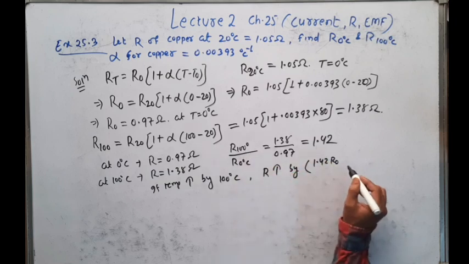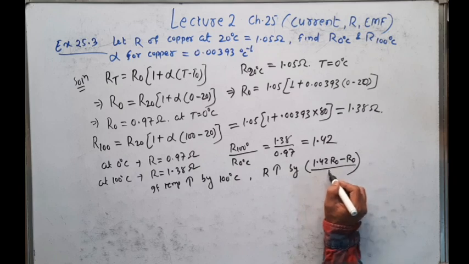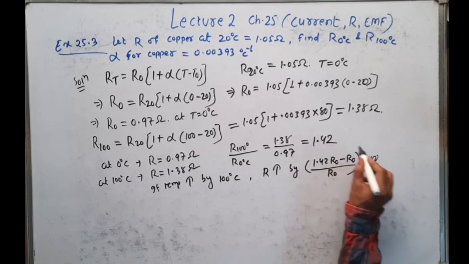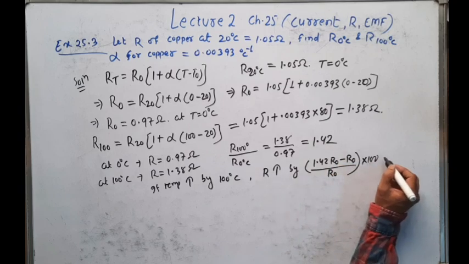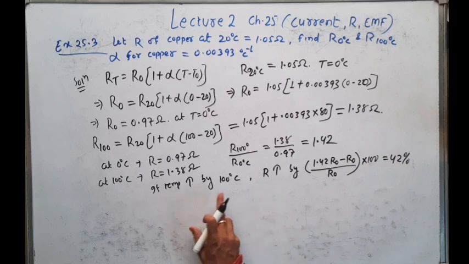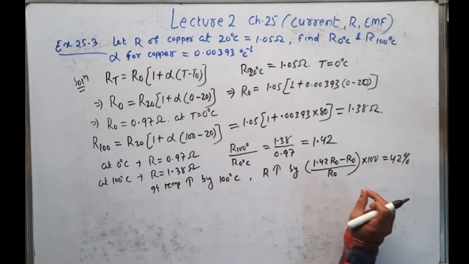This is R100 minus initial resistance R naught, divided by the initial resistance, into 100. We are calculating the percentage change in resistance. So it is about 42%. So by increasing the temperature from 0 to 100 degree centigrade, resistance value increases by 42%, which is not tolerable